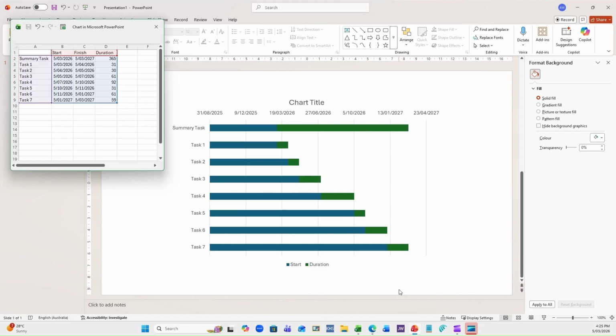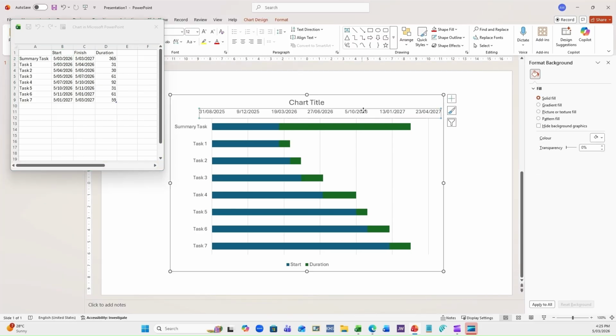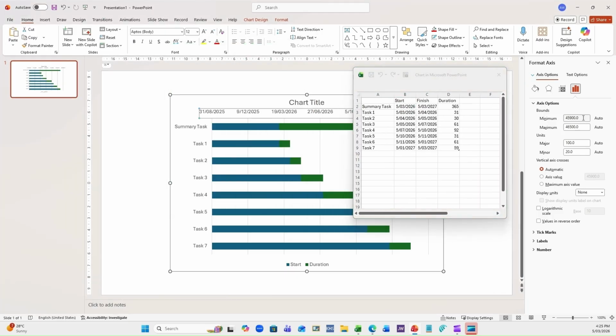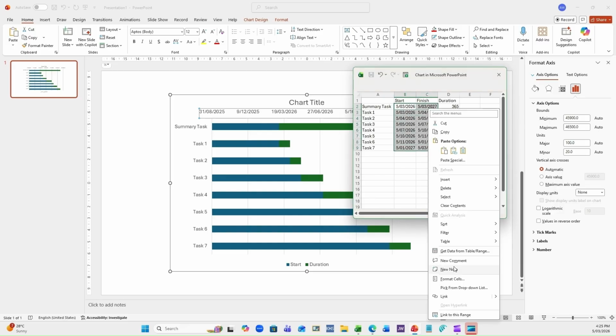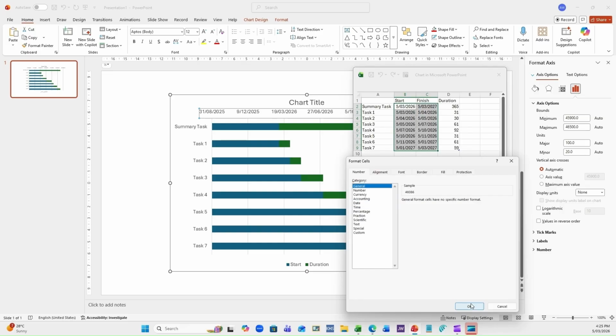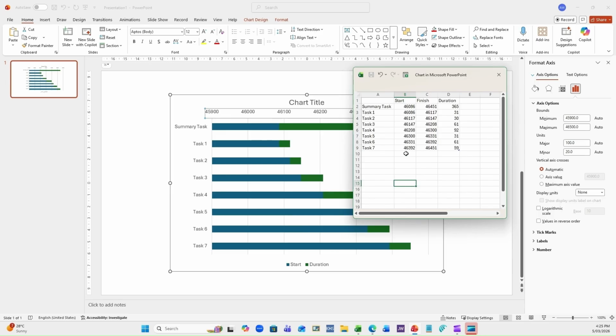Now, another thing you'll notice too is that our Gantt chart is showing dates before the actual start of the project. So we're seeing dates back in 2025, when really our start date for the project is the 5th of March 2026. Now to fix this, select the horizontal axis and then notice under the minimum box here, it's showing the minimum as 45,900. Now, to compare, if we convert these dates into numerals by right-clicking, selecting Format Cells, and then selecting the General option, you'll see that our numerical start date is really